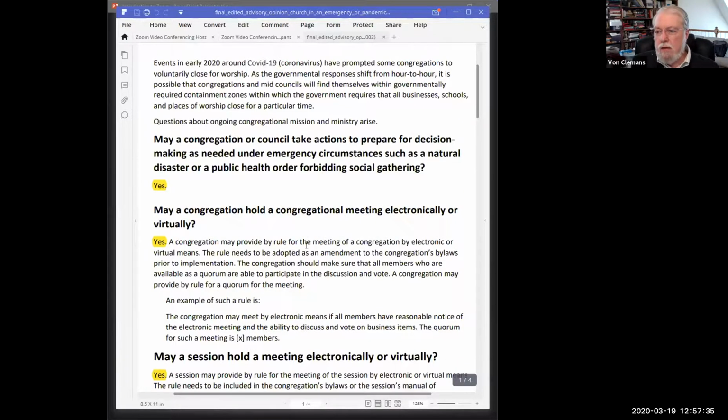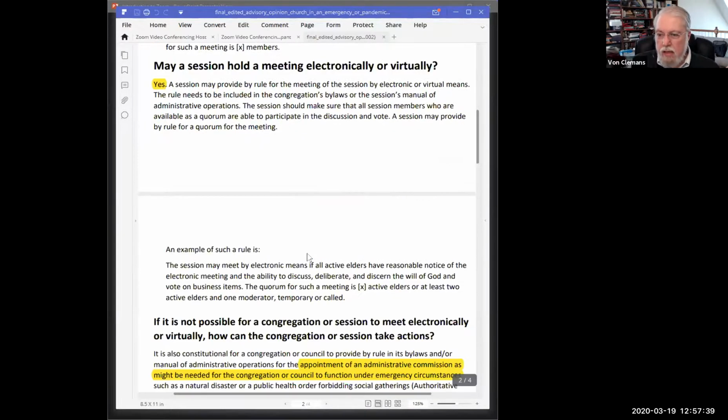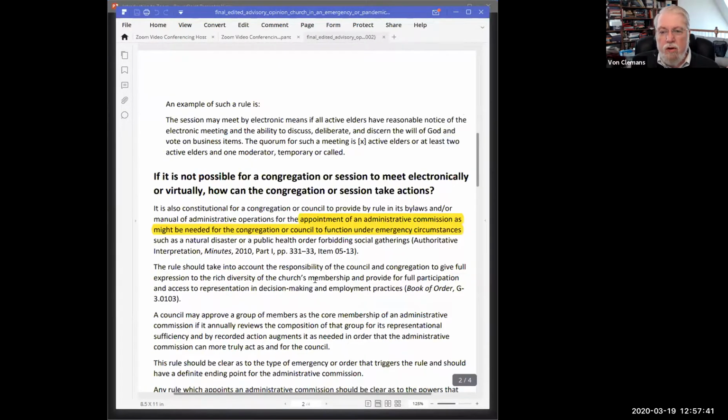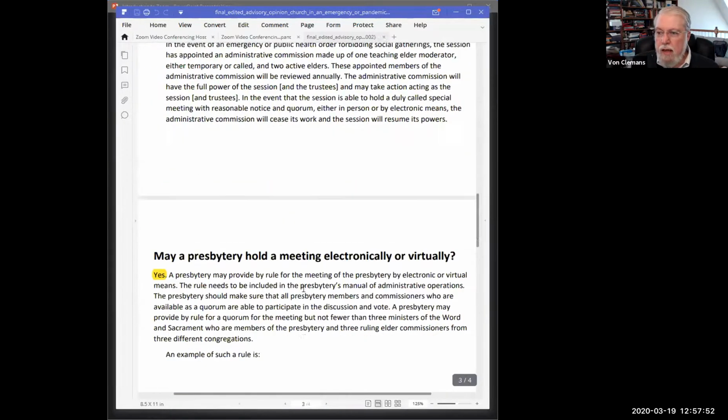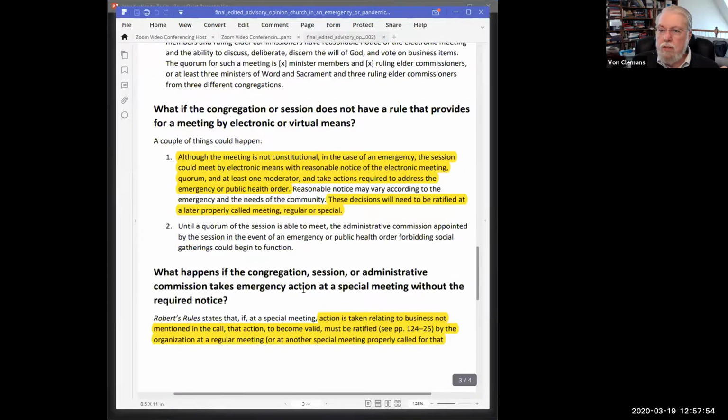You can conduct congregational meetings electronically, and you can hold session meetings electronically. The issue really comes down to whether you have previously authorized the use of electronic means to conduct the meeting. If it's not already in your bylaws, then there is a procedure for doing that. For example, what if the session does not have a rule that provides for a meeting by electronic or virtual means? You can still go ahead and meet, but those decisions have to be ratified at a later time